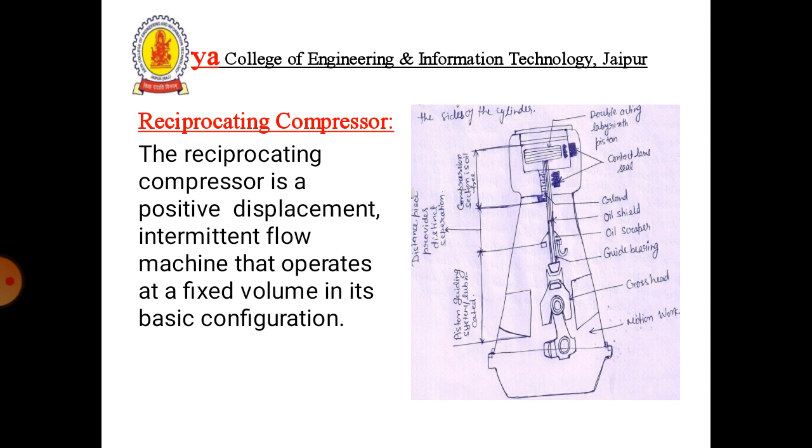It delivers the gases at high pressure. It usually compresses air, but these are also used in refrigeration, where they compress a superheated vapor or working fluid of the refrigeration system. A reciprocating compressor is also referred to as a piston compressor.